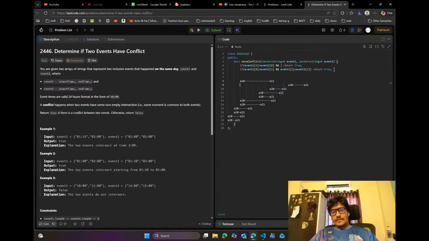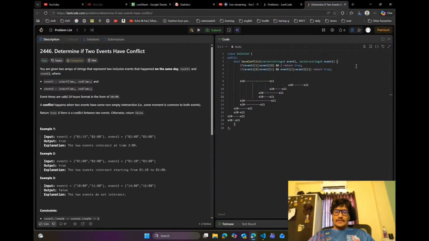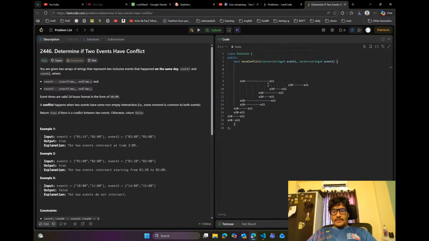Okay. Yeah, there can be these many variations of event 2 with respect to event 1, and you need to check all of these. So let's remove our logic from here. What we want to do is for any one of them, either e20 has to be in between them or e21 has to be in between them. If that is true,